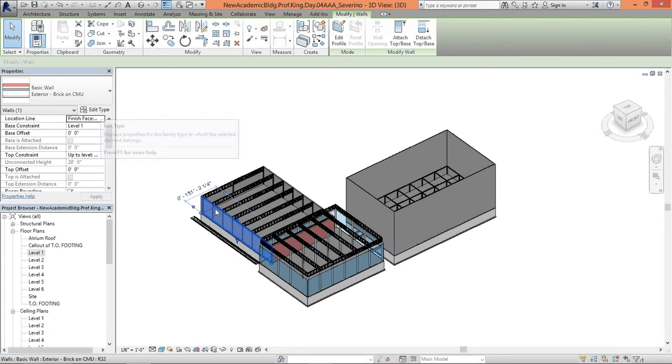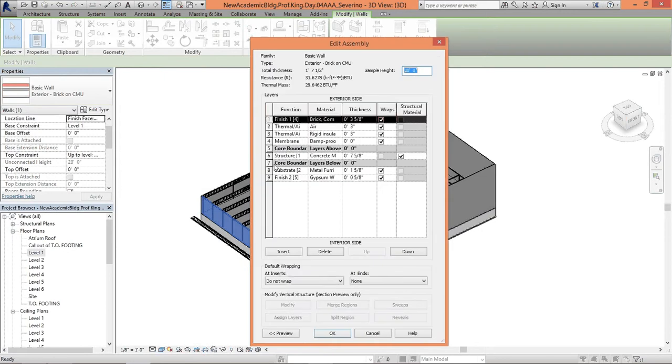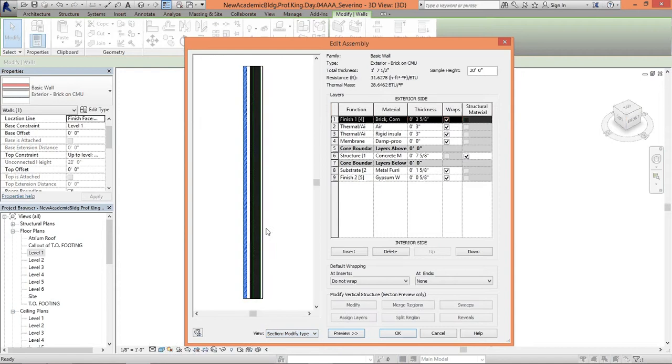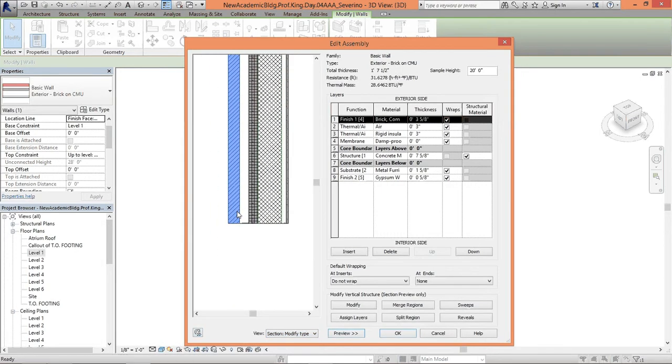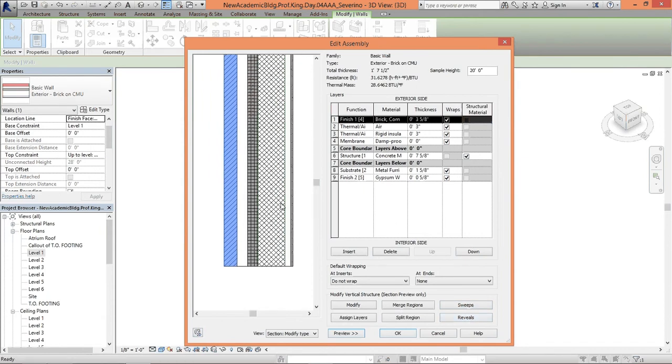If you go to edit type after selecting a wall, and you go to edit preview, you can set this to section, and you can go to the bottom or top or any area actually, and you can create your own little gadgets here, such as reveals and sweeps. This is a very good option, but you're doing everything in regards to the type, which means that all the